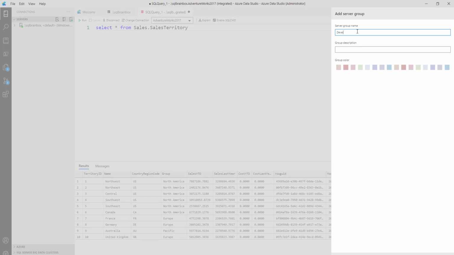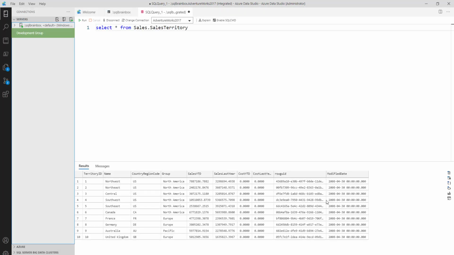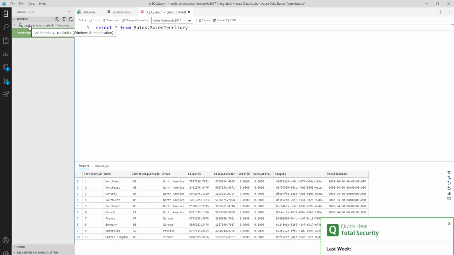First I am going to create a development group and I can give it a color. For the development group, I'm okay with the green color because you can run any query. Now I'm going to move this server to the development group.